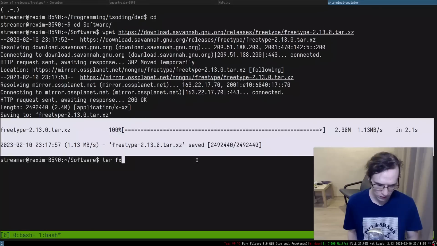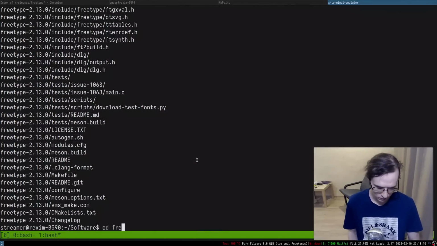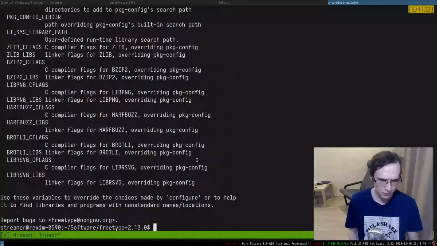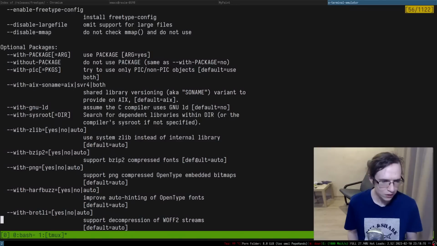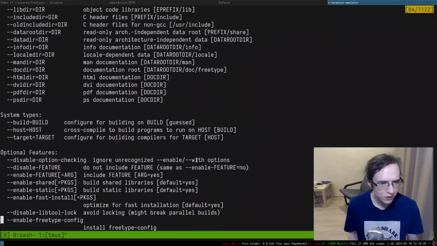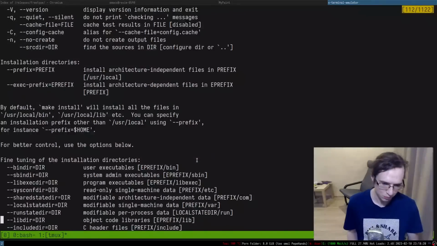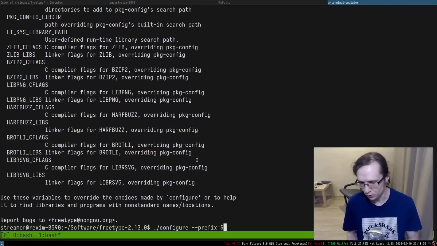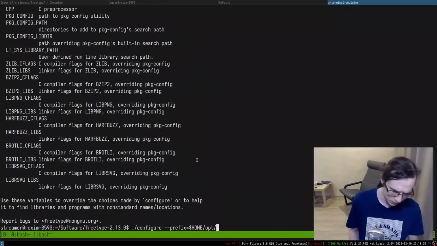Alright, so let's go. I'm gonna unpack this entire thing, and let's see what we have. So we have configure. Do we have anything special in here? Different libraries and stuff like that, nothing particularly special. Okay, so I'm gonna do configure, and I'm gonna set the prefix to my local OPT folder. So this is gonna be home, OPT,